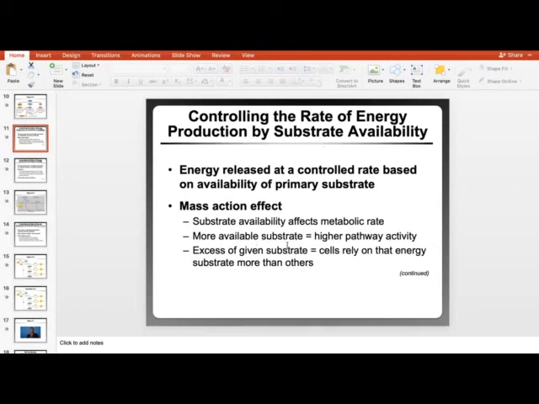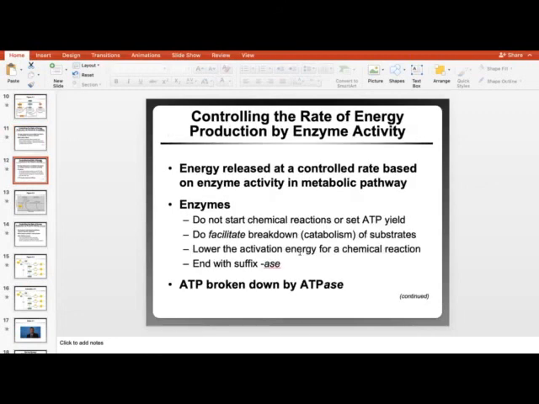So the more ATPase, the easier it is to break down that ATP. Sometimes excess enzyme makes it so that those energy systems or substrates are broken down before others. So ATPase is one of the rate limiting enzymes that controls the speed of this particular